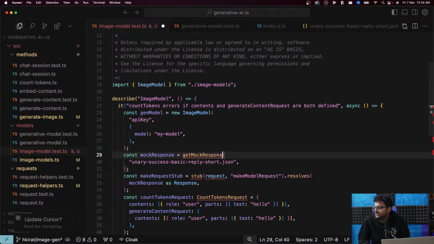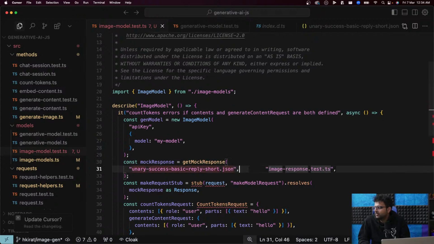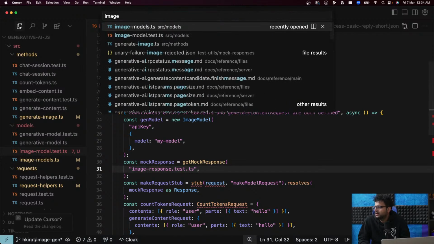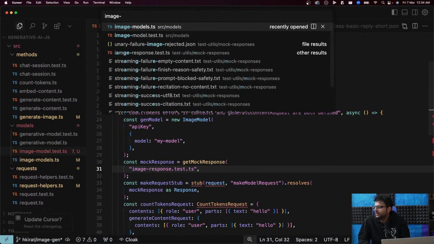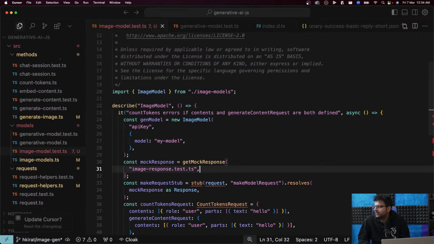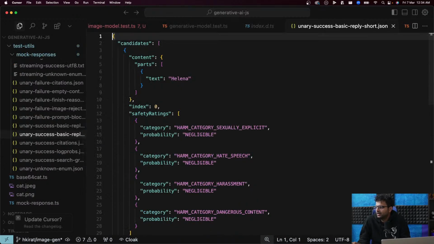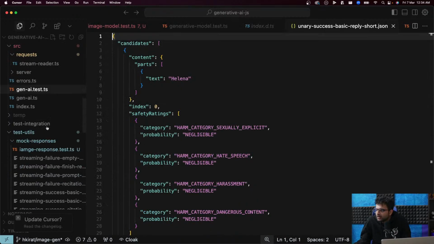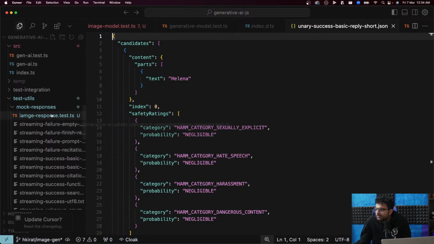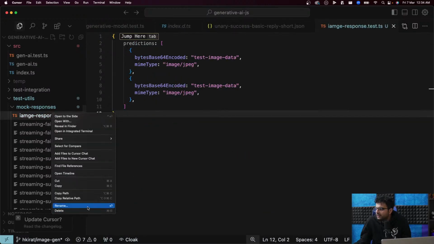Mock response is get mock response from not this file, but from image response. Sorry, what was our JSON file called? What did I call the JSON file? Wait for it. Or did I call it? Sorry, my bad.